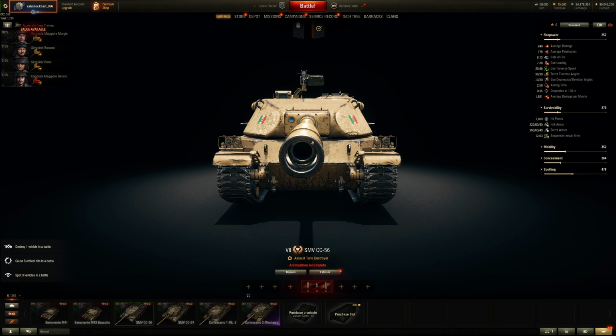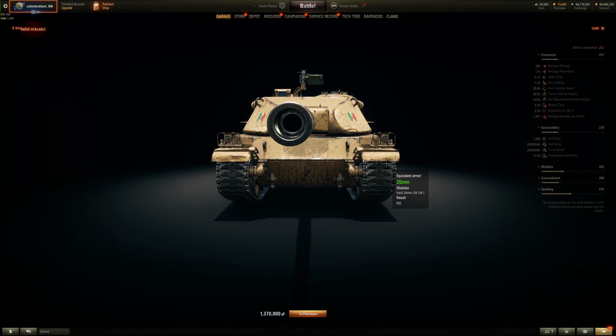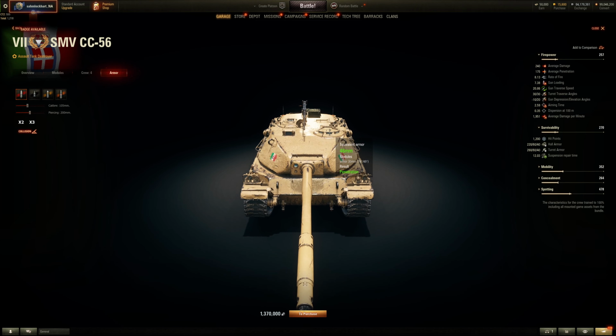So 1200 health at tier 7, which is about the same as a heavy tank, so quite chunky. Already took a look at the armor, so quick refresh. The armor is decent, and it will stop most tier 7 guns, maybe tier 8 guns too for the turret. You still have the weak spot on top. That's a commander cupola, that's a loader cupola. The commander has more periscope, obviously, but...